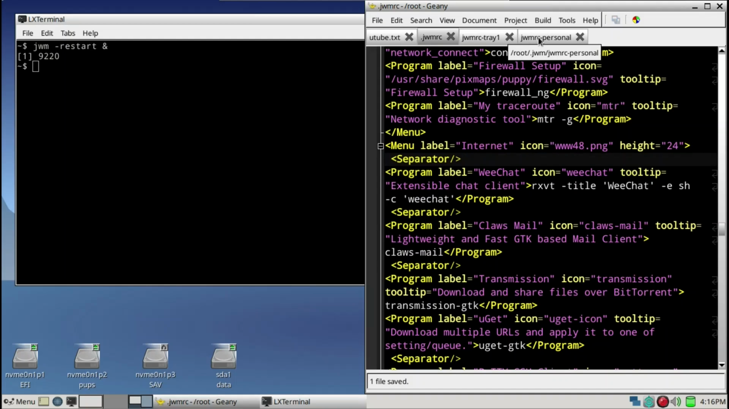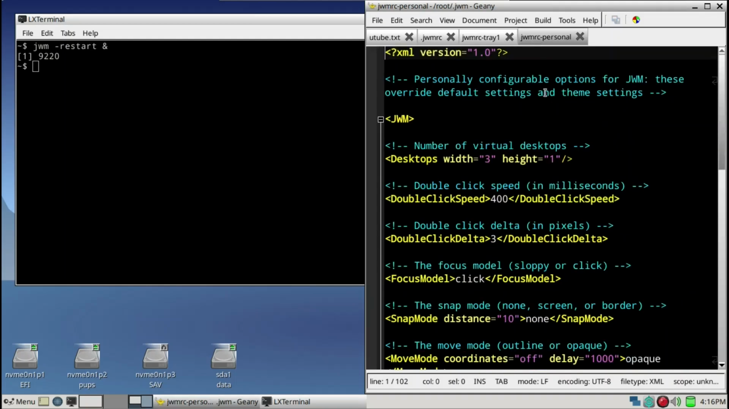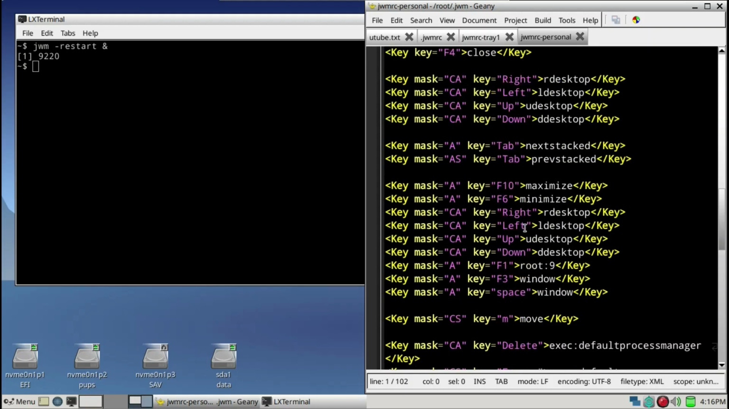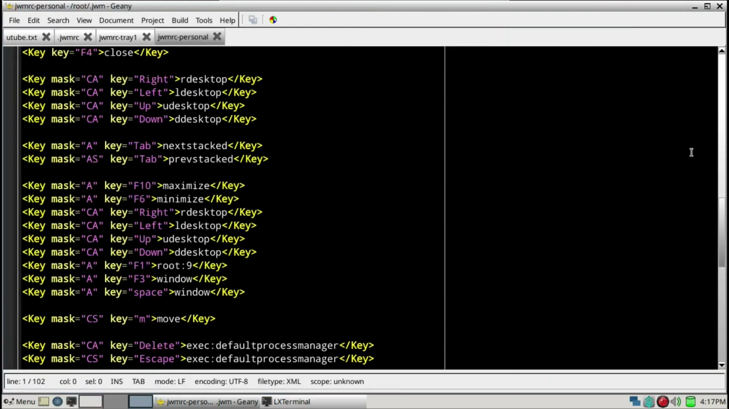So let's go back to the jwm-personal file now. This primarily controls the keyboard function. So for example, Alt F10 will maximize this window. I'll go ahead and activate it now. You can see that it maximizes and it toggles it. So Alt F10